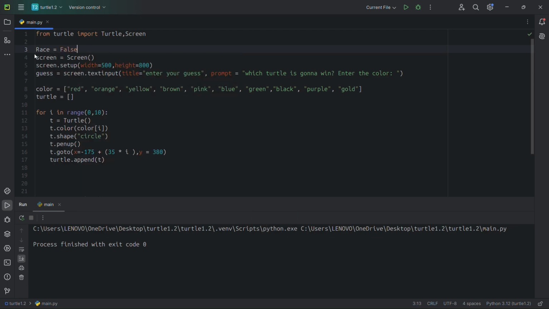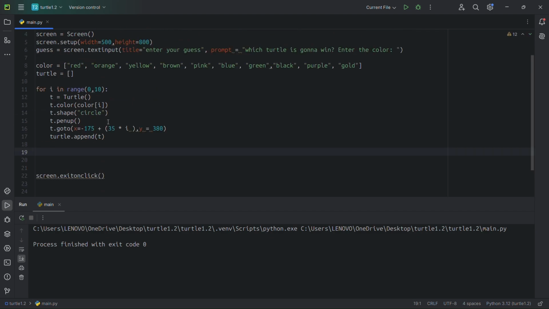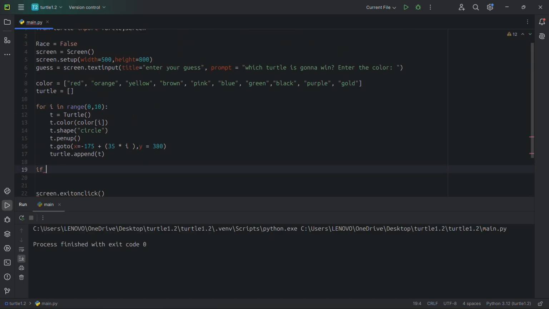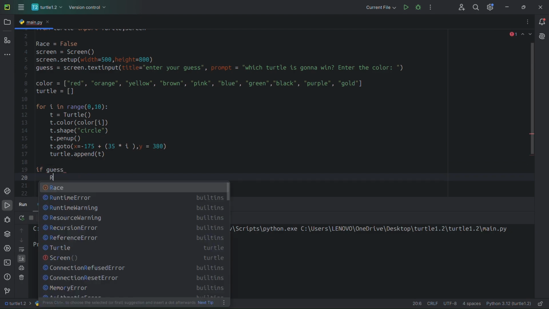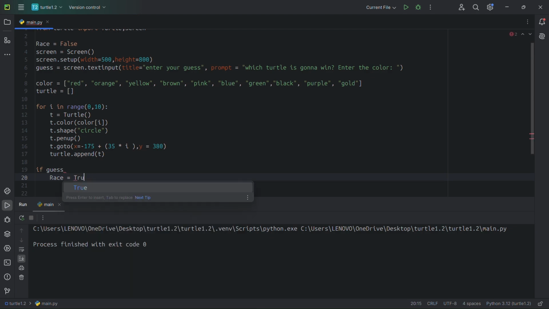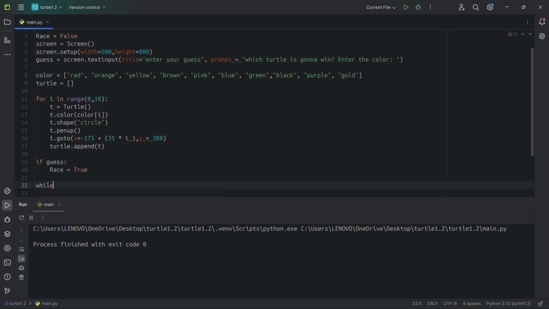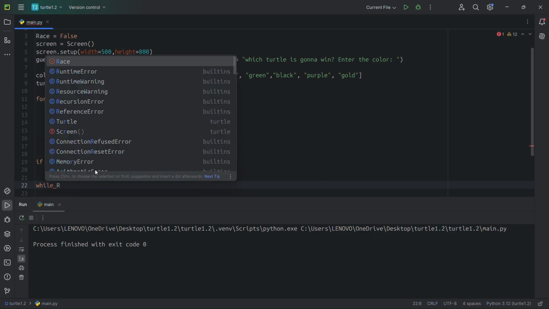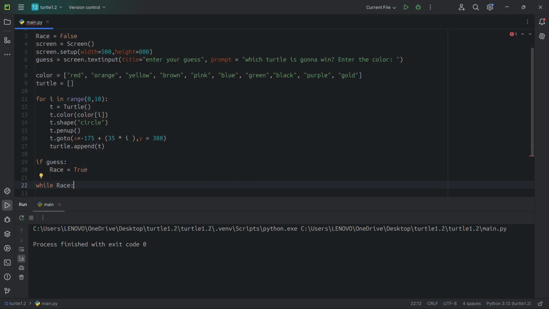is false, which means the race didn't begin yet. If our user enters their guess, the race will begin, will be true. Don't forget the colons. Okay, now let's use the while loop. While our race is true or began,